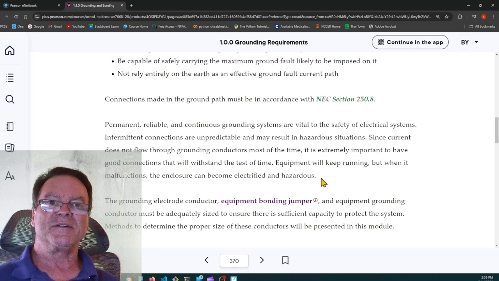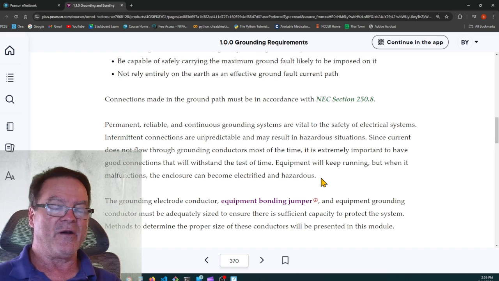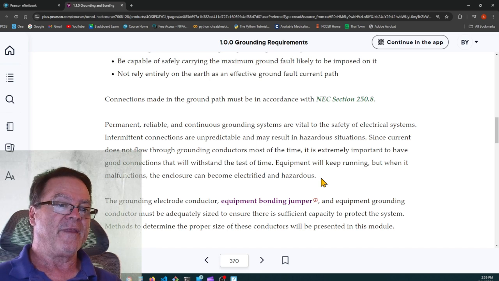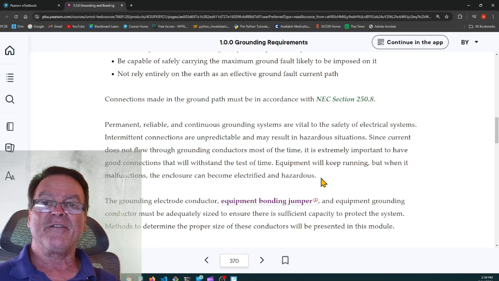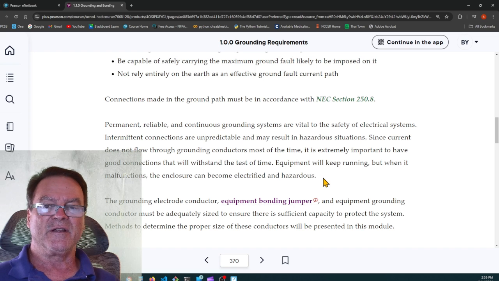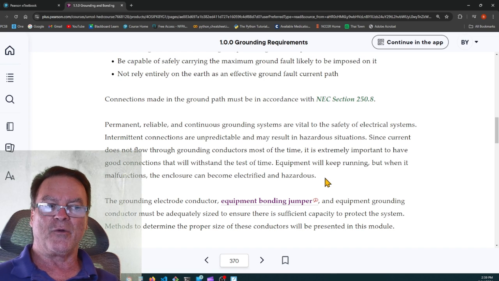Under normal circumstances, the equipment grounding conductor is not a current carrying conductor. When there is current flowing on the equipment grounding conductor, it means something went wrong. That conductor is there just as a safety to allow a low impedance path for fault current. When we have fault current, it allows enough current to flow to facilitate the fast actuation of the overcurrent protection